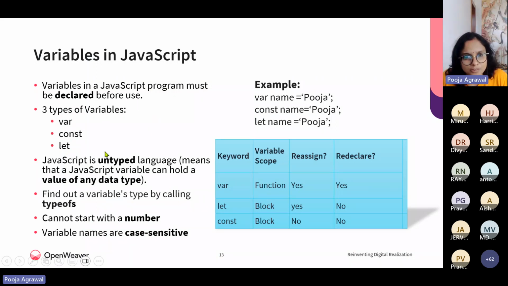And there are a couple of rules, like we usually have when working with variables. It cannot start with a number, and it has to be case sensitive. Variable names are case sensitive, so that is something you will always have to recall. What is most important, and really important to know, is the scope of a particular type of variable, and whether a reassignment or a redeclaration of the same variable type is possible. So let's say we have a variable with the keyword var, and then let's say name. What will be the scope?